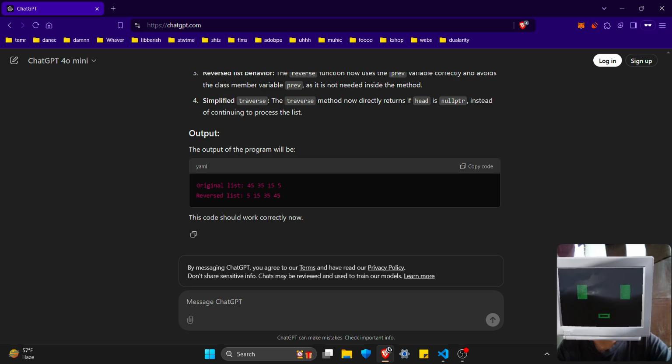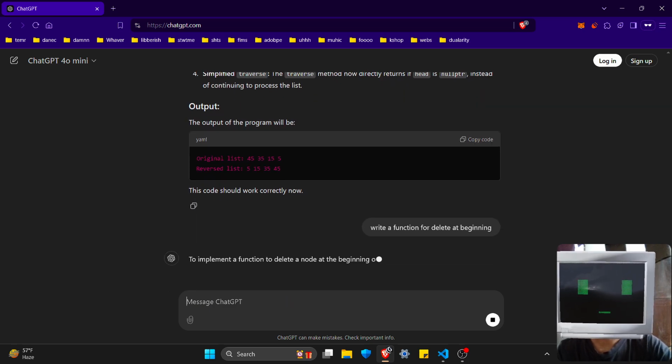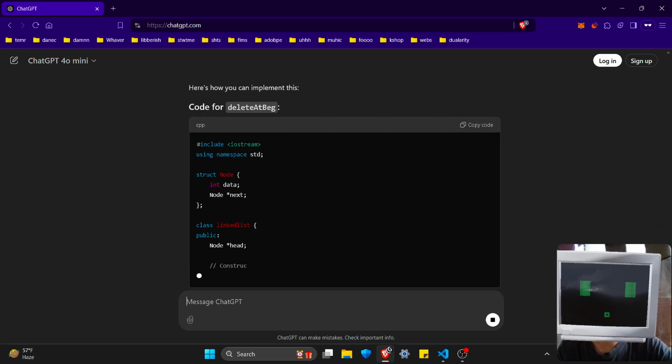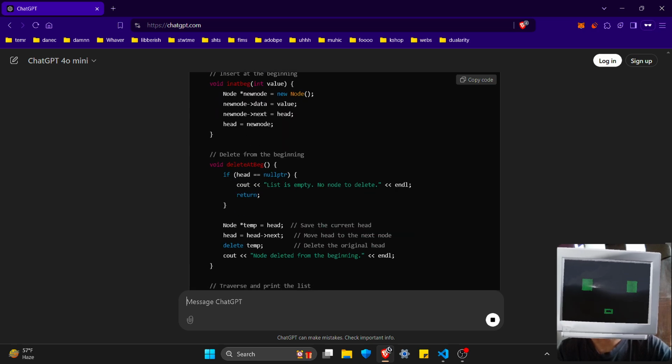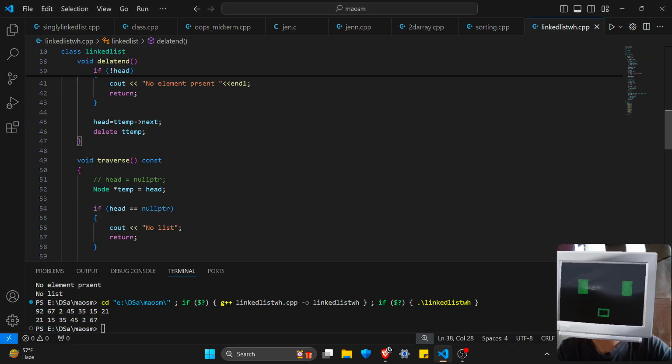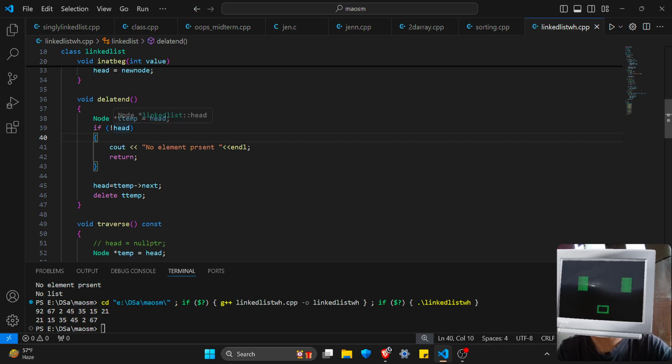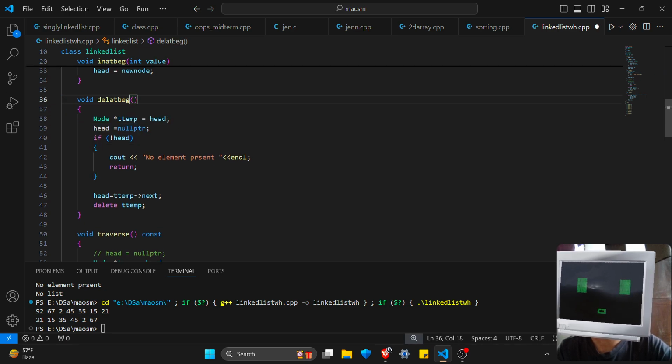If I write, okay, write a function for delete at beginning. So here, go to the code already. Here, void delete at beginning. So here, this means the same. What we did is that if there is no end, okay, let's do this. Delete at